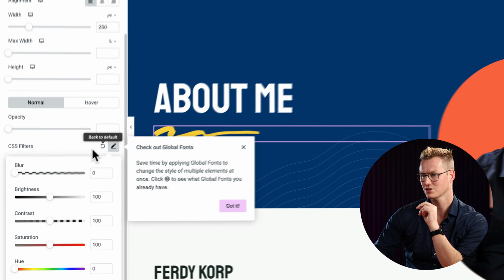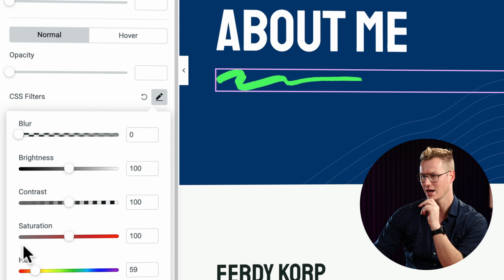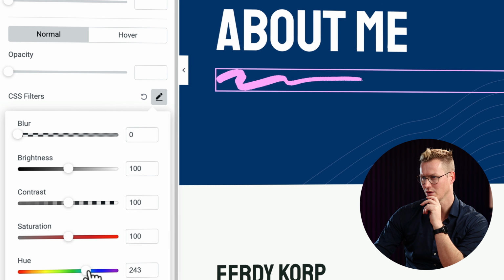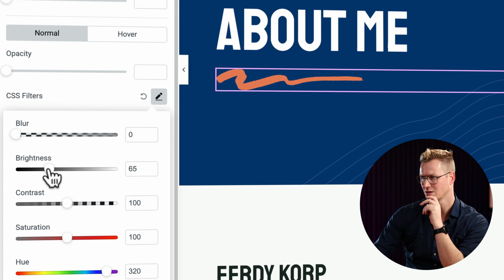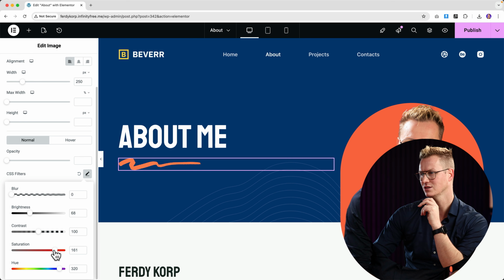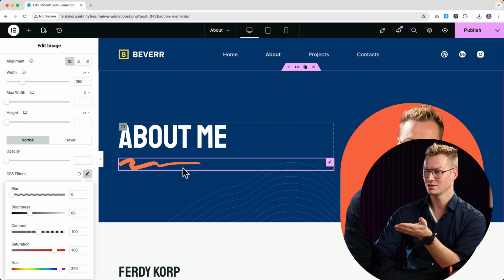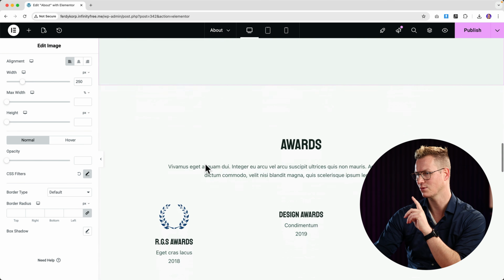to CSS filters, go to hue, and now look at this. Manually, I can change it to the orange one and maybe make it darker. Increase the saturation. So in that way, you can change it, and I can do a right mouse click, copy, then I scroll down. And if I see it somewhere else on the website,